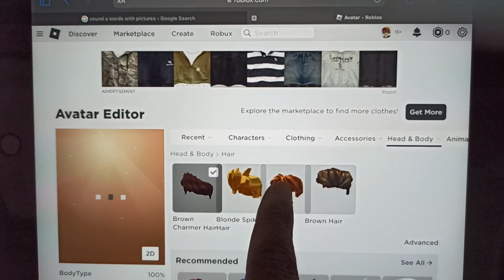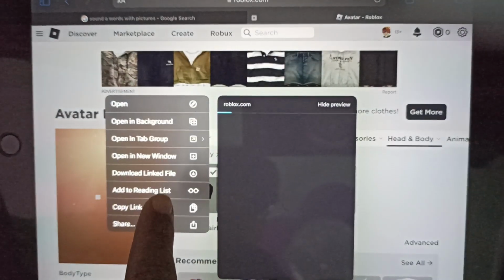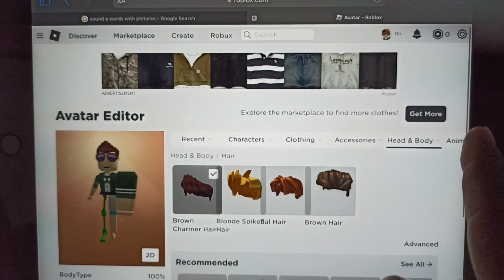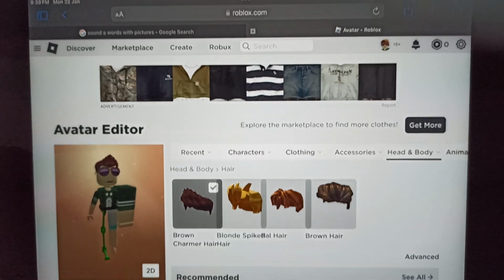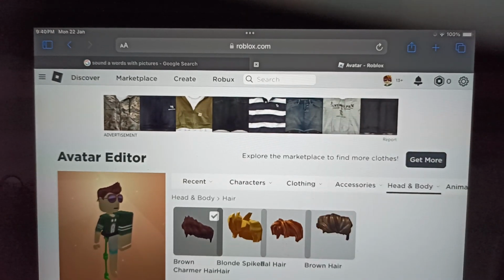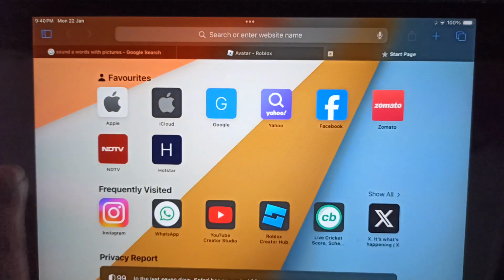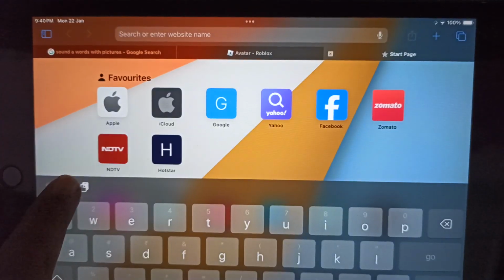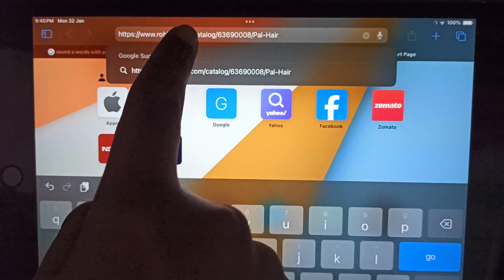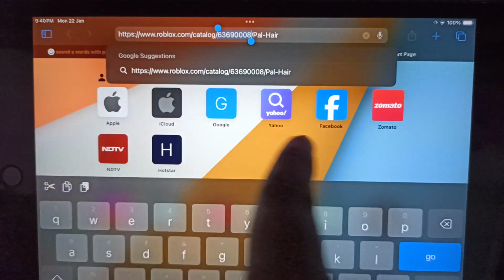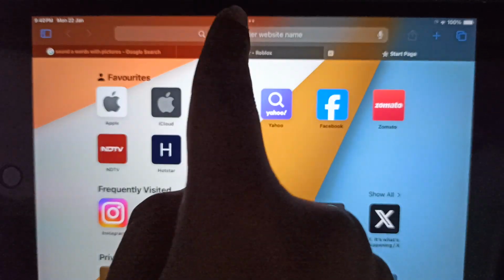So what you have to do is hold on a new accessory, copy the link address of the new hair, and just tap on this add button over here and paste your ID or link address here. Just copy the asset ID from this URL. Once you copy, go back to the avatar editor,